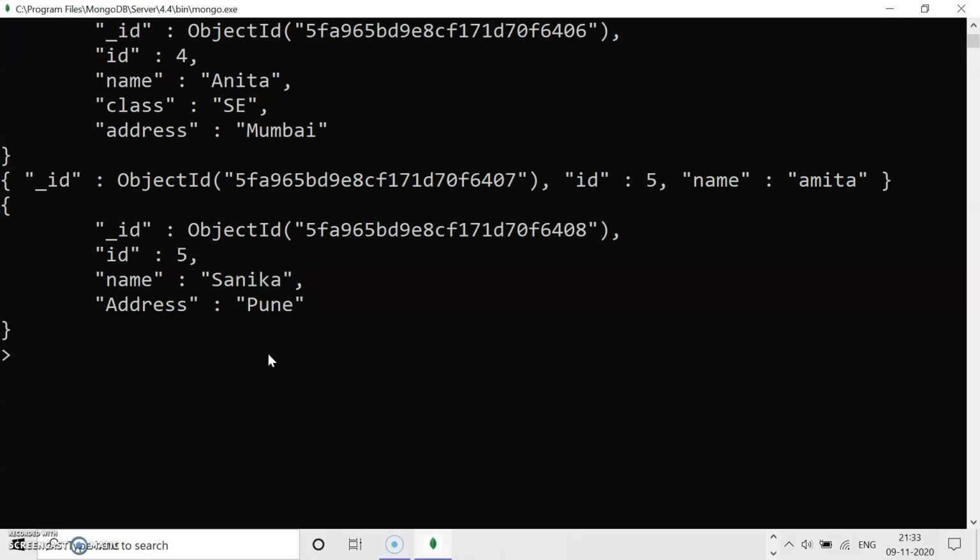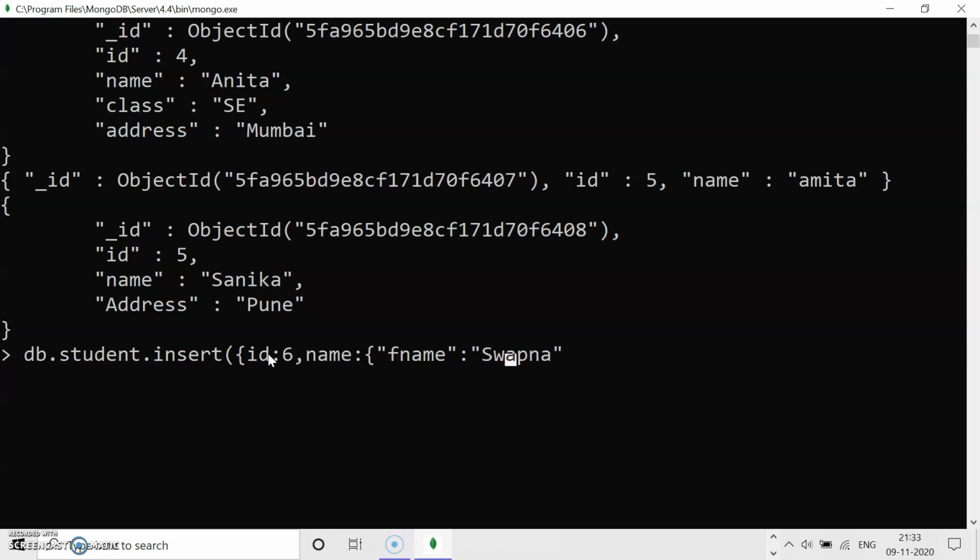We will take the same collection. db.student.insert, opening bracket, opening brace. I will use _id colon, again it has key-value fashion, _id colon 6, comma. Now name is my embedded document. So name colon, again I will use an opening brace, which is again one object, which takes fname colon, suppose Swapna.